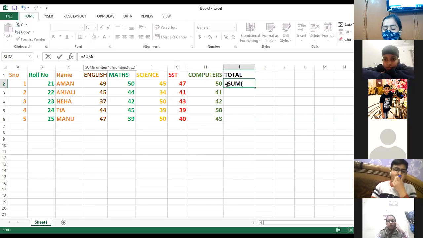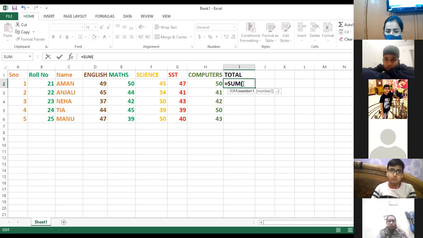Now, whose sum I want to calculate? My sum will be calculated from D2 to H2, right? This is the D column and the row number is 2. So from D2 to H2, I will be calculating my sum total.